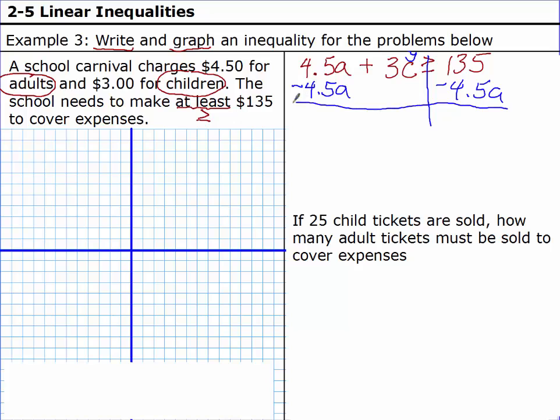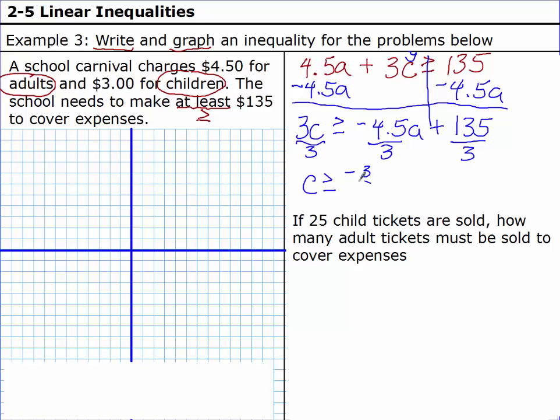So we move the A to the other side. That gives me 3C is greater than or equal to negative 4.5A plus 135. Divide everything by 3. Do not flip the sign over. This is a positive 3 on the bottom, so we keep it the same. Greater than or equal to negative 4.5 over 3 reduces to negative 3 over 2A, and 135 over 3 is